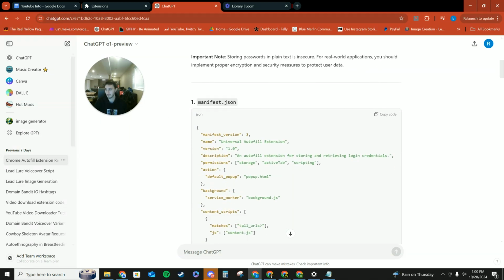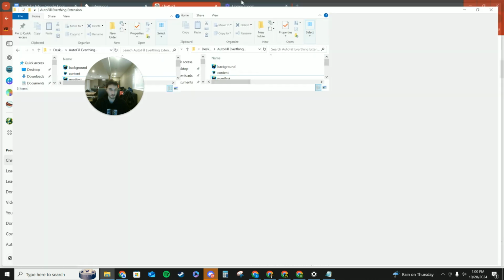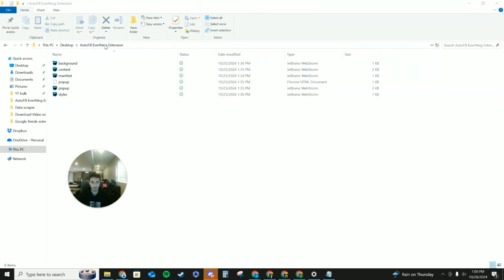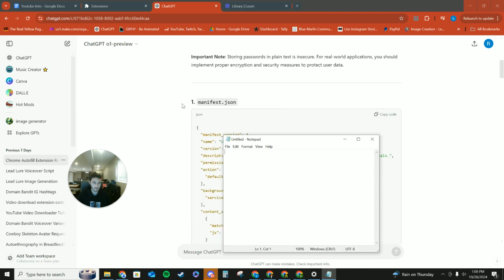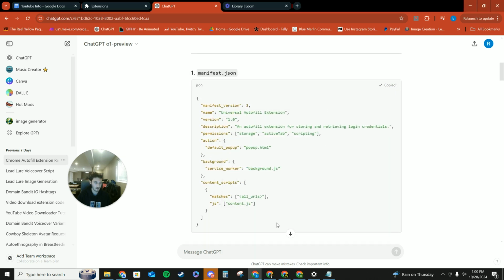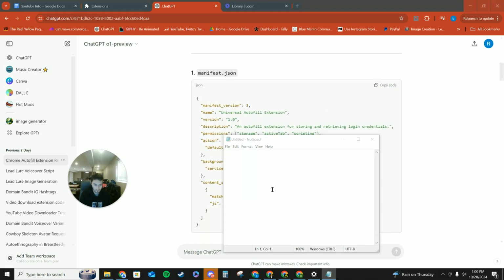You'll just want to create a folder. Let me just go ahead and move this over here. You want to have a folder that you can save these files in. So I'm going to move that over. And the way you want to do that is really simple. You just go copy code, paste,